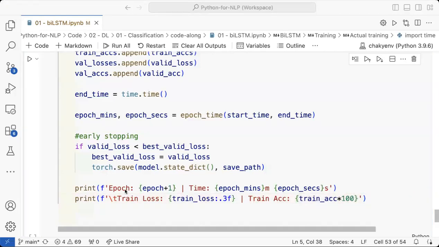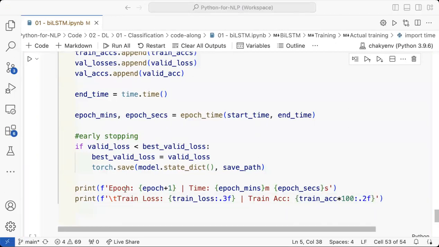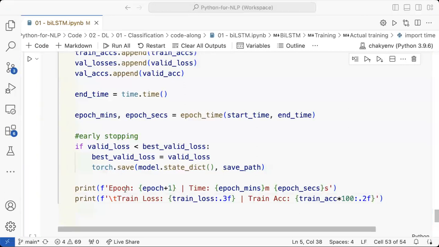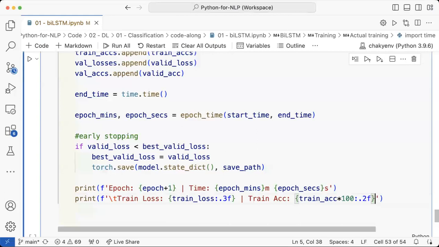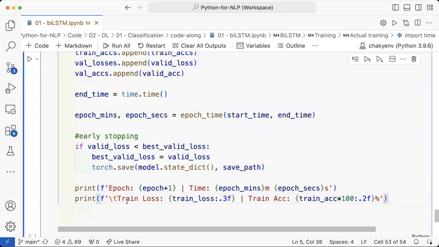Times 100. 2F. All right. I think, and I'm going to put a percentage because this is a percentage. And I can do the same for basically